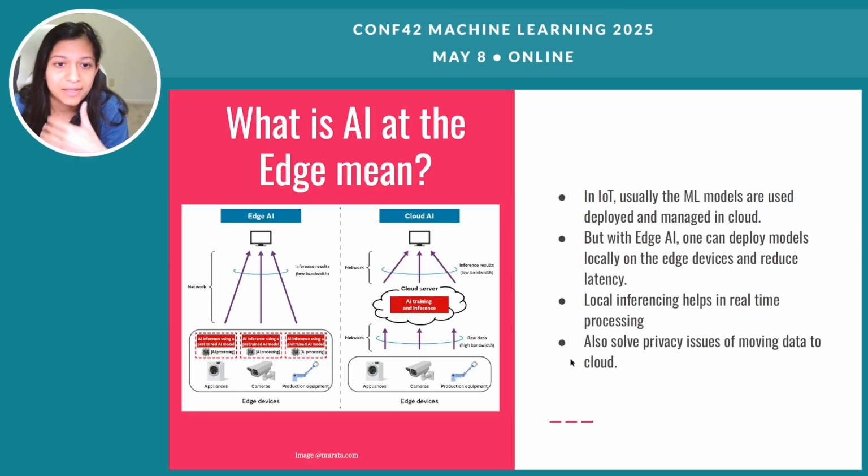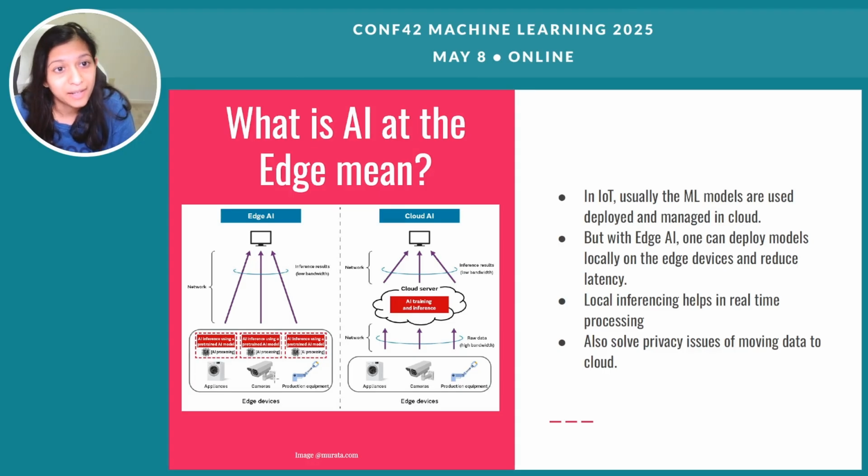So in the edge AI scenario, the devices are connected to a local pre-trained model which can do inferencing, and pre-processing is done at the edge itself. Any result then goes directly to the user interface. But in the usual cloud scenario, it goes one step further: it goes into the cloud to do the inferencing, and once the inferencing results are out, the user gets notified. In edge AI, you are reducing multiple levels of hops, so everything is done at the edge itself.